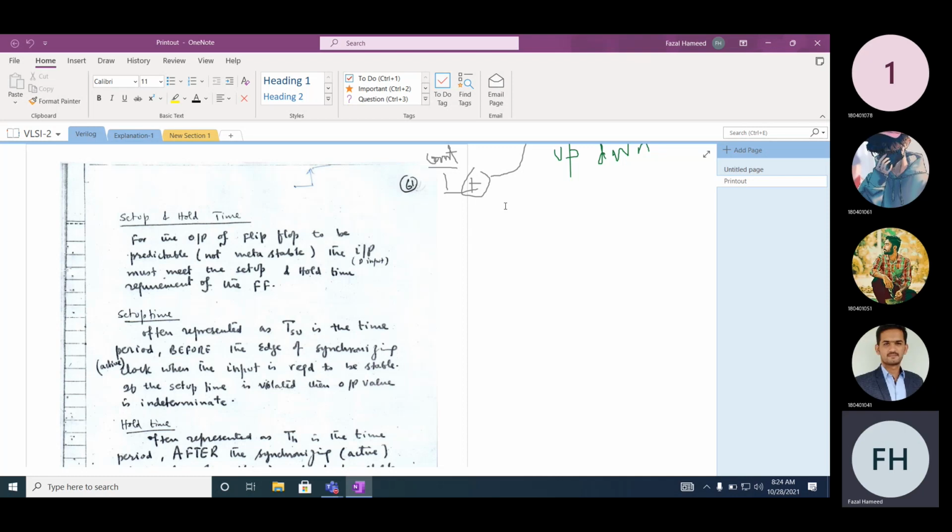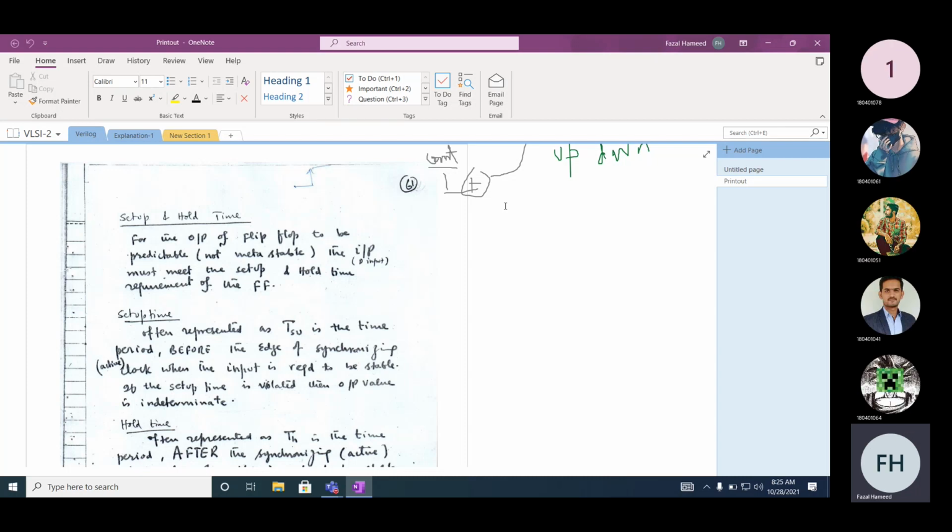So there are two types of circuits, combinational circuit and sequential circuit. In a combinational circuit, output is a function of inputs only, while in a sequential circuit, output is not only a function of the inputs, but also a function of the state. And that state is actually stored in flip-flops. So this is a very high-level overview or definition, a differentiation between combinational and sequential circuits. We will later dig into more details on how we can design these sequential circuits efficiently in Verilog.